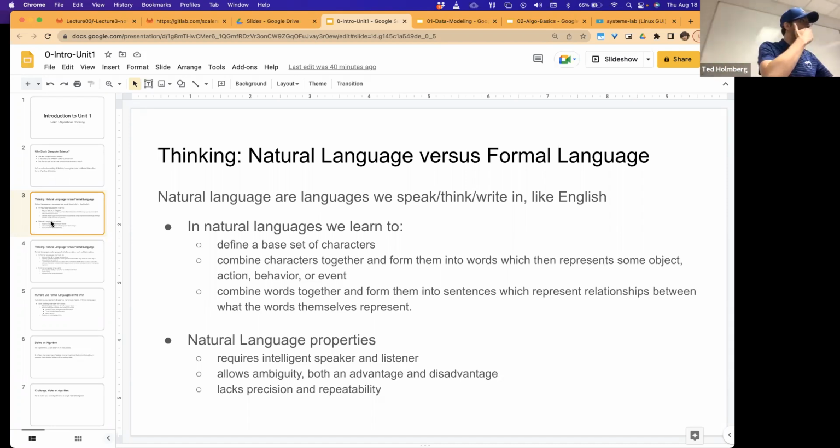But then we learn how to combine the individual words together to make these more complex relationships. So we're defining relationships between the individual words that create an expression of sorts, right? An expression that allows you to communicate some kind of information. Or you could either speak it, you can write it, or you can think it. Okay, that's natural languages. Let's talk about the properties of a natural language, though, some deficiencies, because the question is,